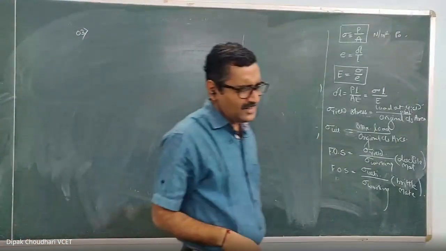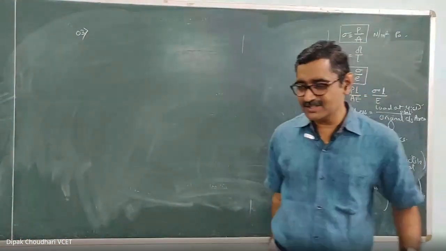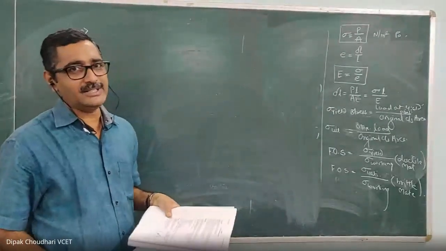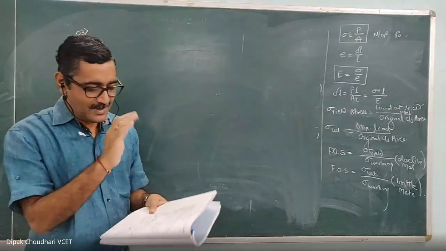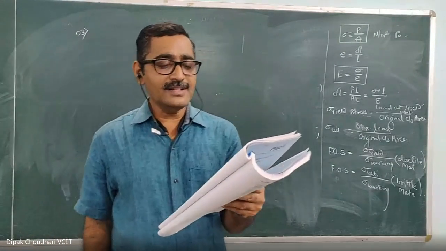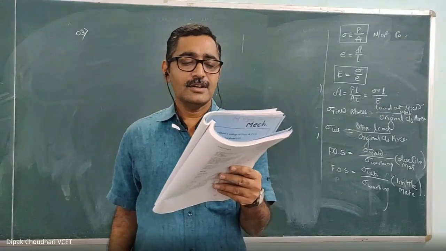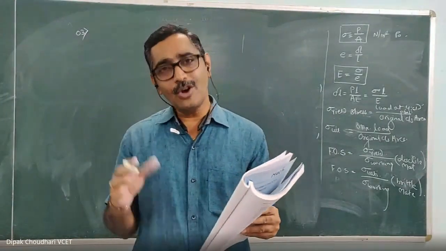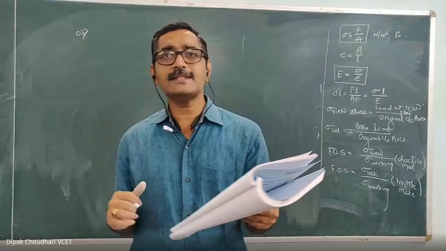Sum number 3 is a very simple sum, just calculations. On the basis of this sum, we have to do our experiments. The tensile test will be based on this sum number 3 only. What is given? The following results for a tensile test bar. During the tensile test on a particular bar, the following readings are observed.